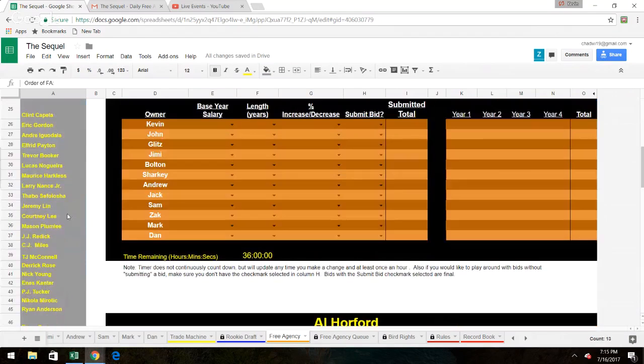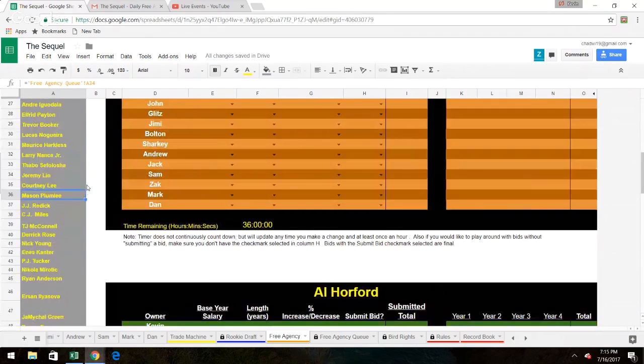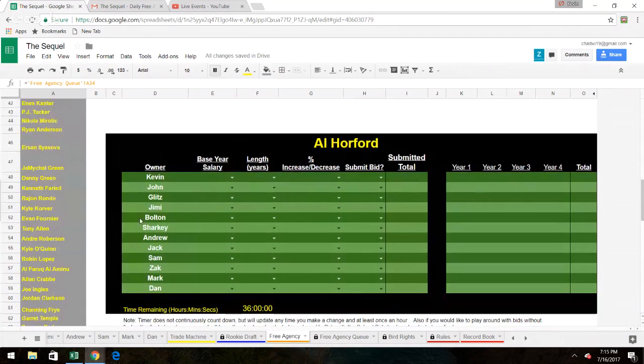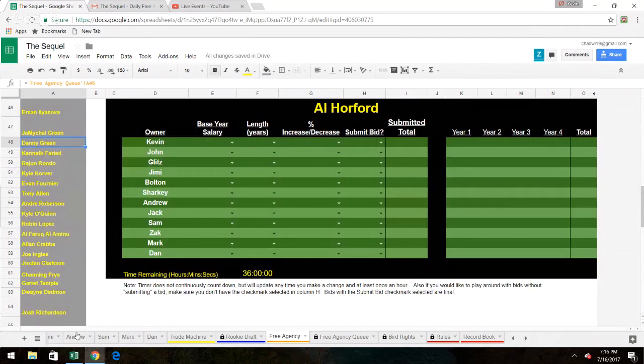When it slows down near the bottom, maybe everyone's only got 1 or 2 open spots left. A couple of teams already done. It gets to the point where maybe we're all the way down to Danny Green, and someone's holding out for Dwayne Dedmon because they like the young guy better than they like Tony Allen, even though he finished higher. And like no one's going to bid on Kyle Korver or Tony Allen, however it goes. When it gets low and it gets slowing down, we start taking